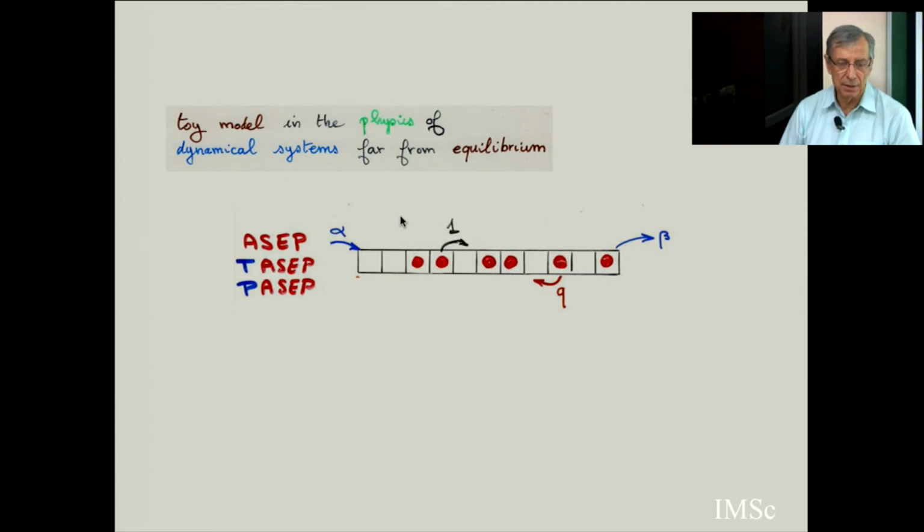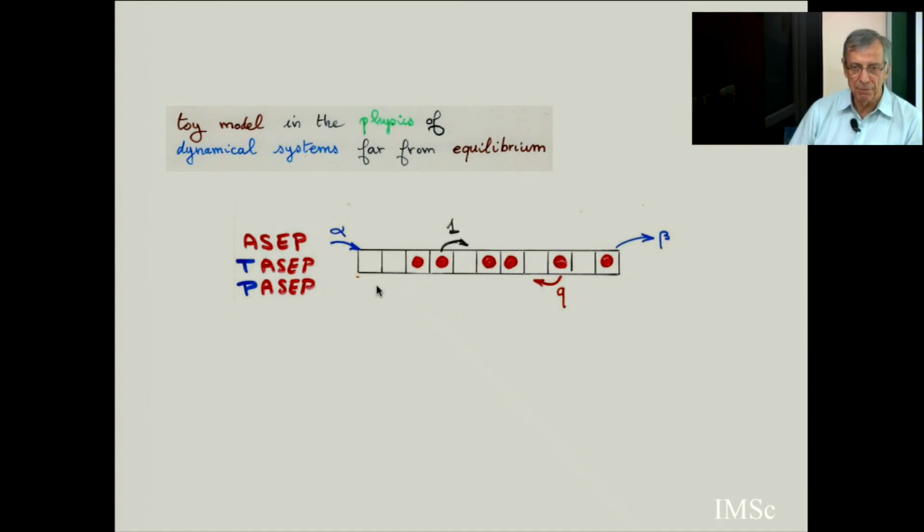And then it's a dynamical system. This is a toy model in the physics of dynamical systems, far from equilibrium. So there are hundreds of papers on this. Every year, every month, there are papers on PASEP. And combinatorics has become very interesting in this in the last 10 years, because there is very beautiful combinatorics behind this PASEP. And this combinatorics, I put it again under the roof of this language, cellular ansatz. So it's not a new theory, it's just a new word to put on things which are implicit in many papers.